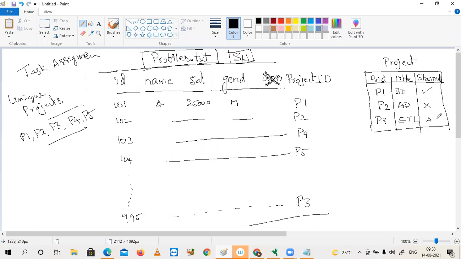Started. Like this. That means the started project team is as active. And the not started projects team is as bench.